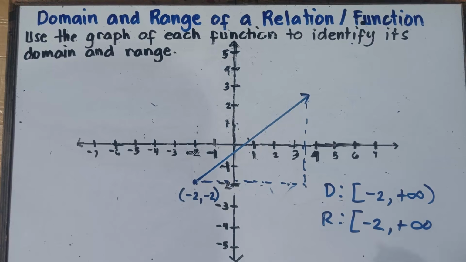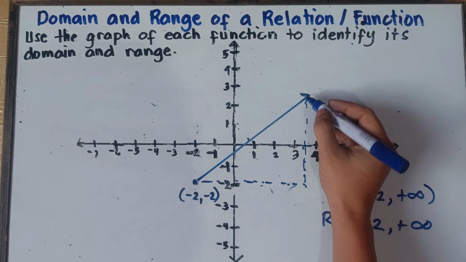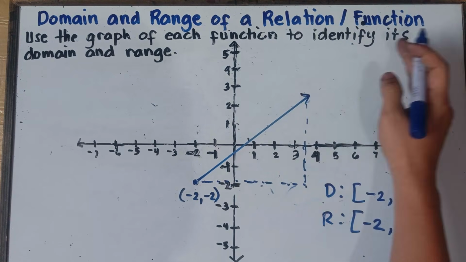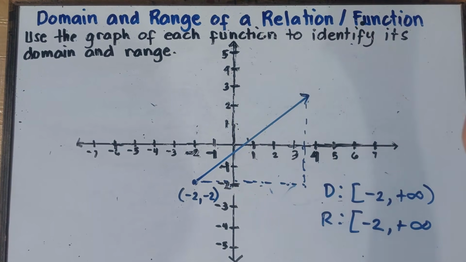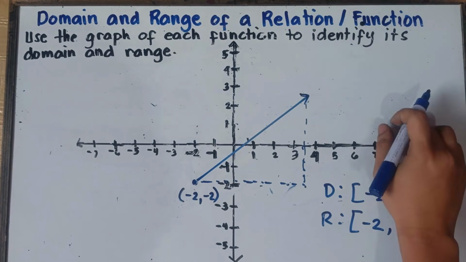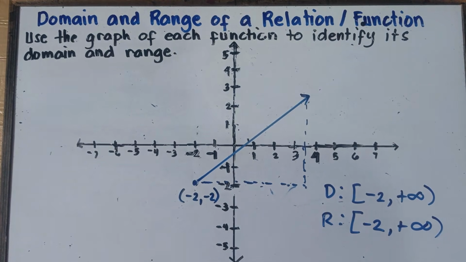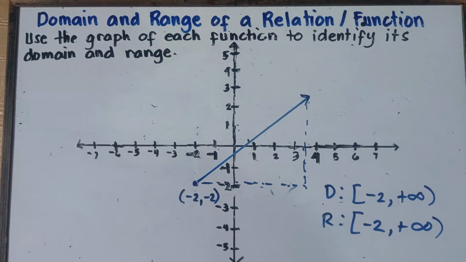Now question, why is that, sir? Why is it positive infinity? Because the arrow, class, is going upwards. If it goes upwards, all of the numbers will be positive: positive 5, positive 10, positive 1,000, positive 1 million, and so on. So up to positive infinity. That's the answer, class, with regards to example number 8.